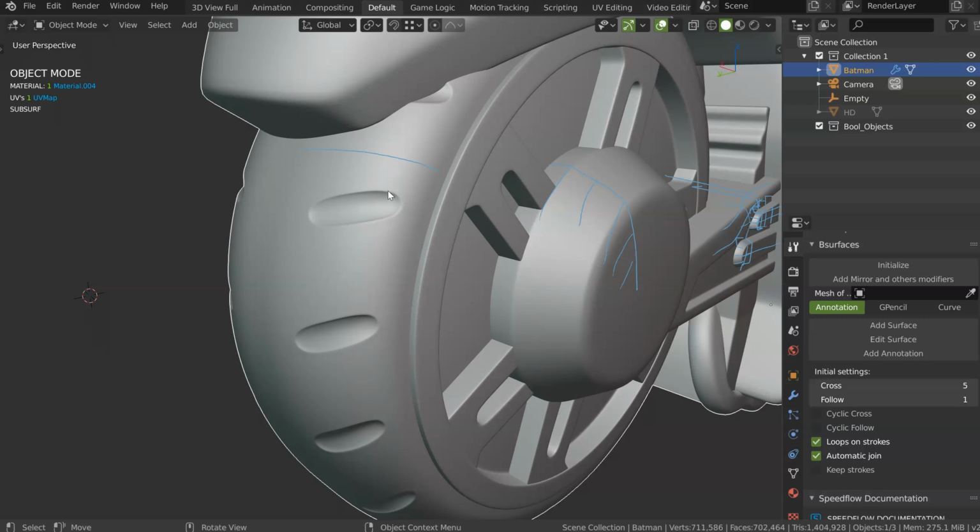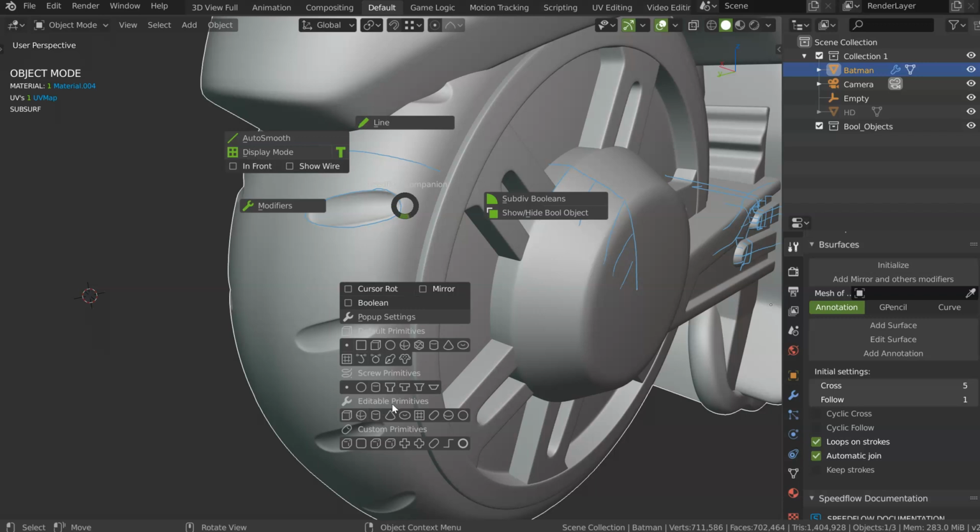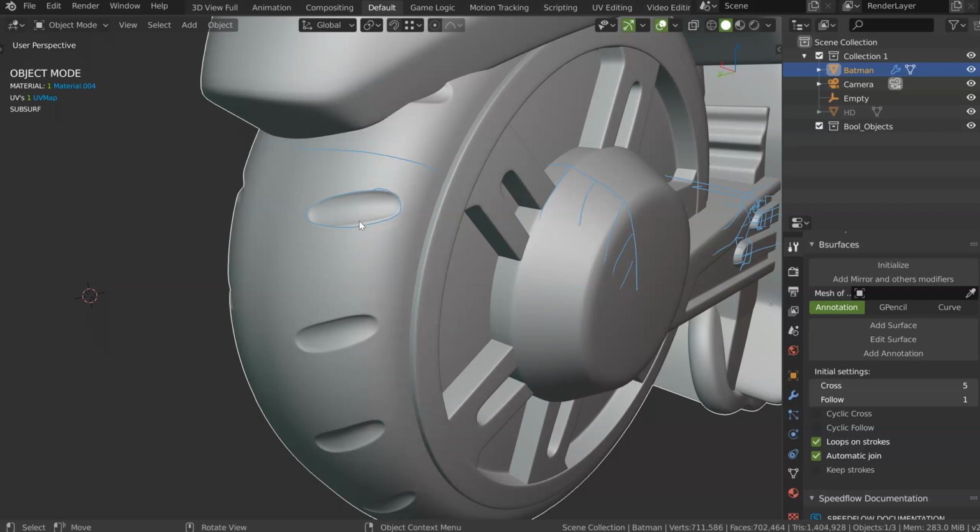I would after add a boolean to make this, okay, from, let's see, an editable primitive, like that. And I will have added an array circular on this one, and like that I will have my result. The interesting part would have been that I will be able to edit, to add, to change the size, to add more count on the array, etc., etc., to have exactly what I want.